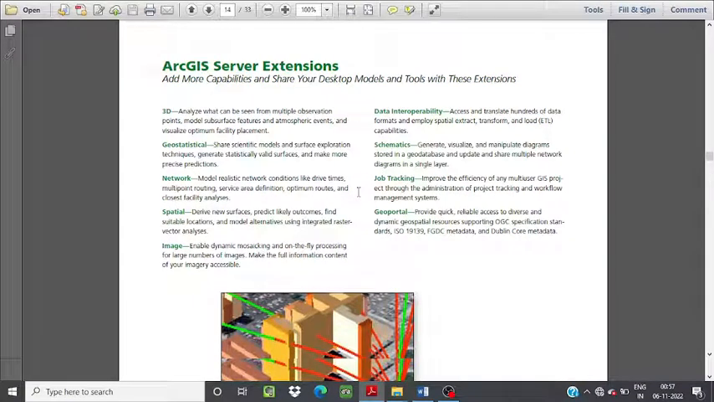There are several ArcGIS Server extensions, which are 3D, geostatistical, network, spatial, image, data interoperability, schematics, job tracking, and geoportal. 3D analysis can be used to see from multiple observation points, and model subsurface features and atmospheric events. Geostatistical shares scientific models and surface exploration techniques. Network models realistic network conditions over drive times, multi-point routing, surface area definition, optimum routes, and closest facility